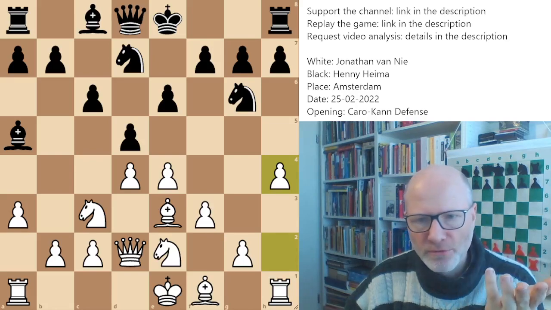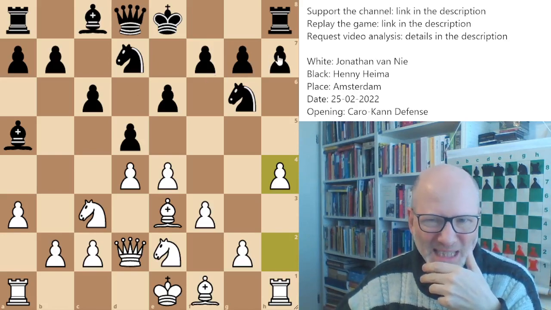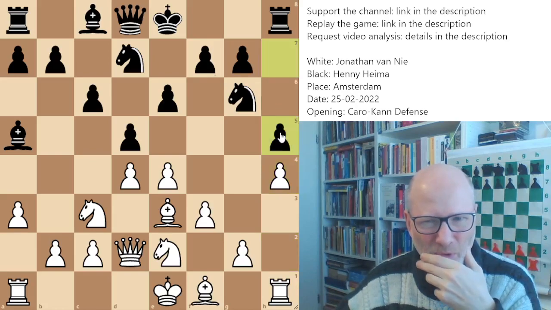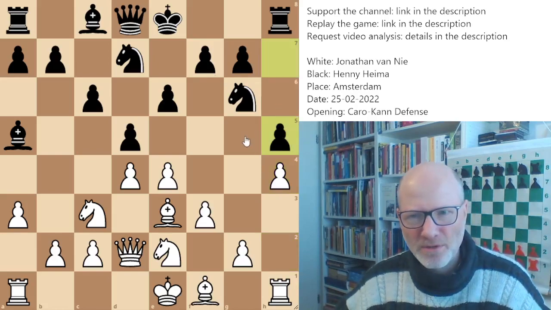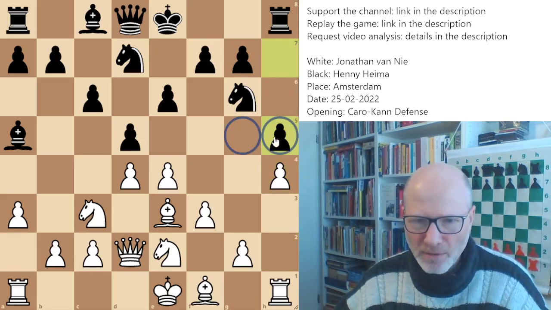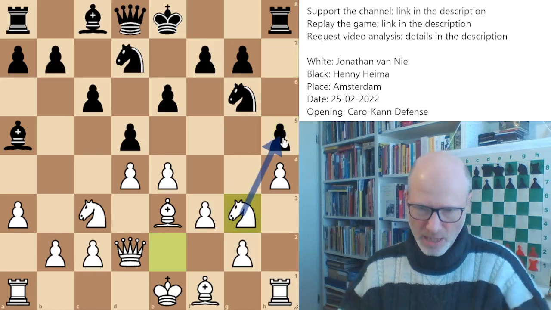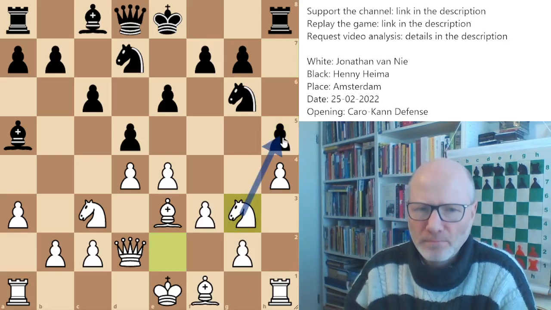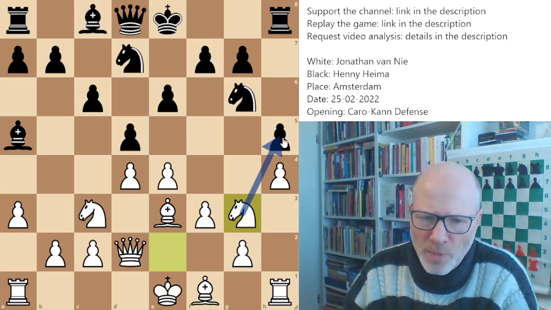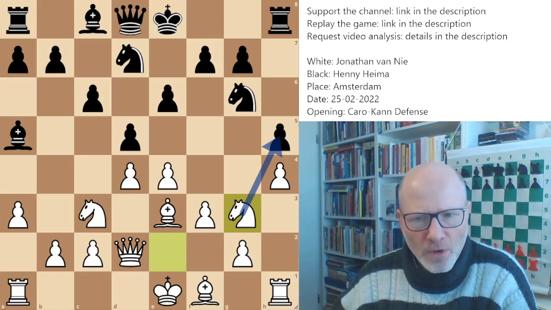You really threaten to overrun black with h4, h5. So maybe black's best guess is to try and stop that pawn. But then, you know, this square, I don't like it. This pawn, I don't like it. Now maybe this knight move starts making more sense, because then you will never be able to castle. Yeah, this would be the way to play for white. Okay, maybe that was a missed opportunity, because